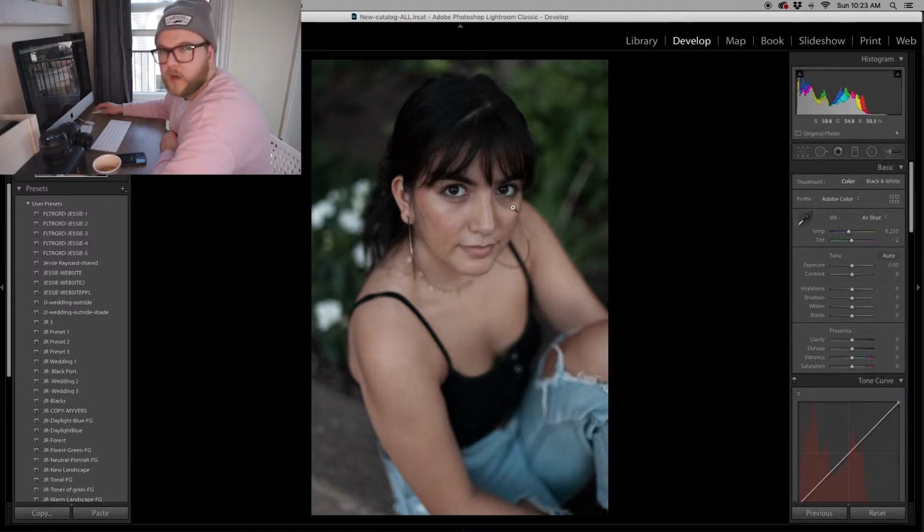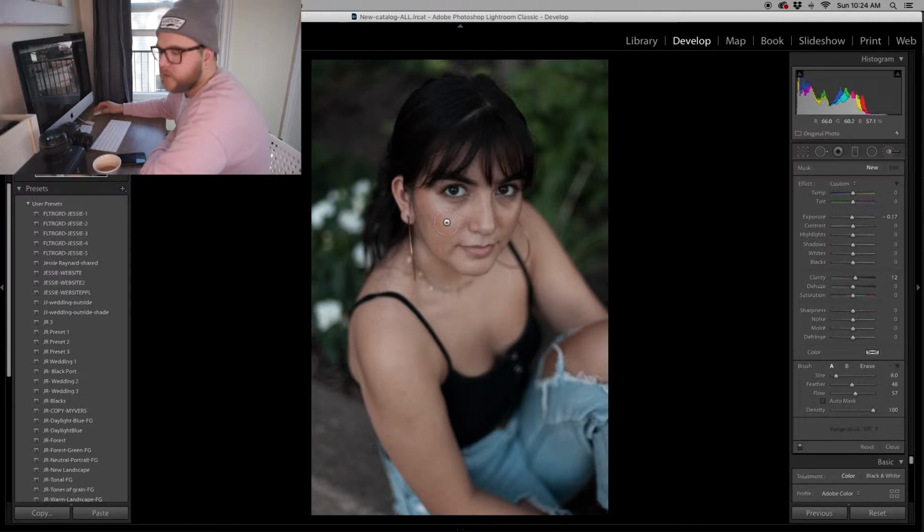So the next step, we're going to work on skin and eyes, and just get that done and over with first. So basically to smoothen out the skin, you want to grab the brush and you want to just decrease your clarity. That's it. So normally when it comes to skin smoothening out, you want to apply it only to the dark areas. You don't want to normally apply the smoothing to the highlights because it just kind of blows them out and it looks like junk. But here the highlights aren't very bad. It's not like it was a super bright and sunny day and the highlights are really shining. So I'm going to apply the smoothing or the declarity to pretty much all the areas of the face,